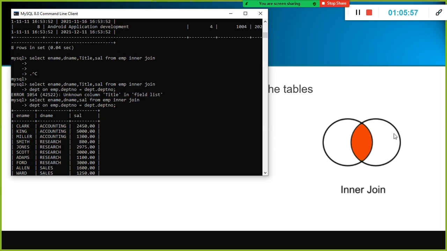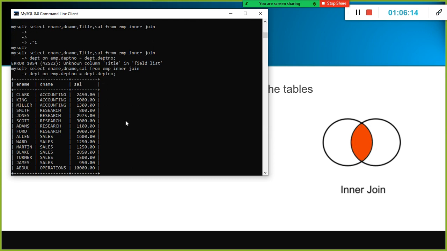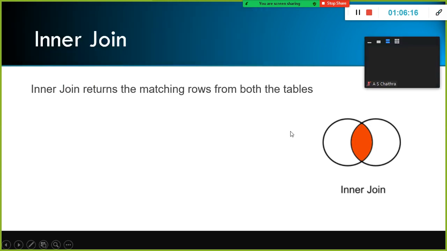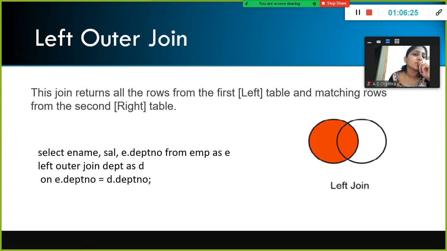department table, on which number? Department number. Right. So the department number is there here, and the department number is there in the department table also. Whatever the common values of the department number between these two tables, you select it. That's all. So inner join. You can use inner join also. You got it? Inner join returns the matching rows from both the tables. Very simple. Matching rows from both the tables.